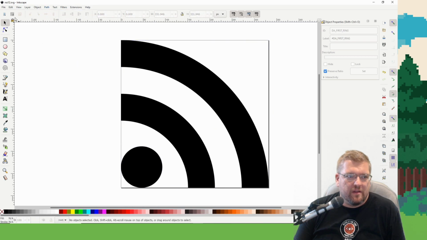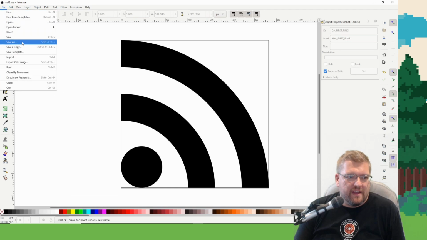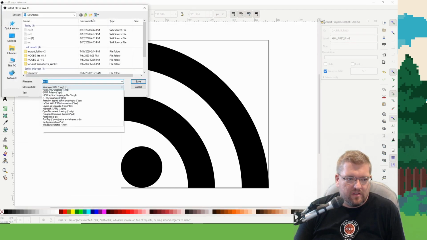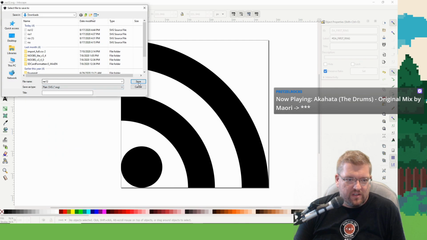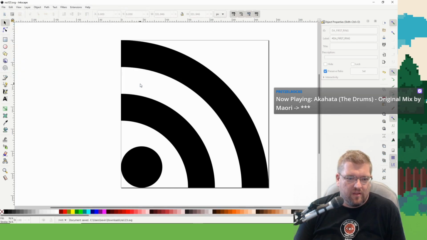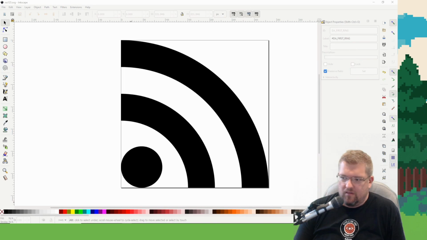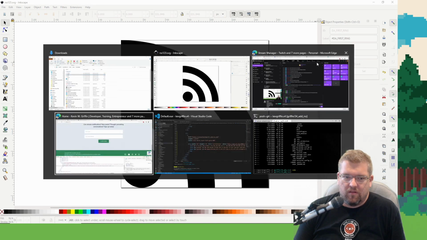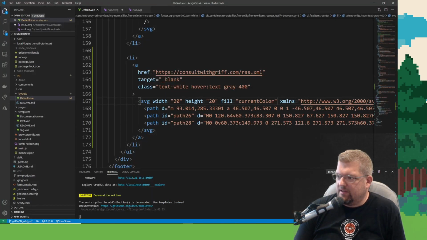All right. And save as plain SVG. Okay. What does that look like in VS Code?